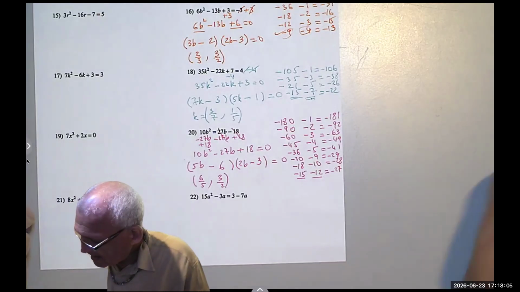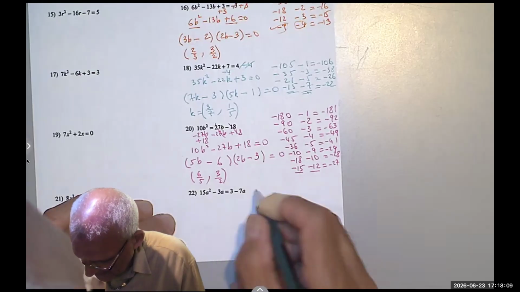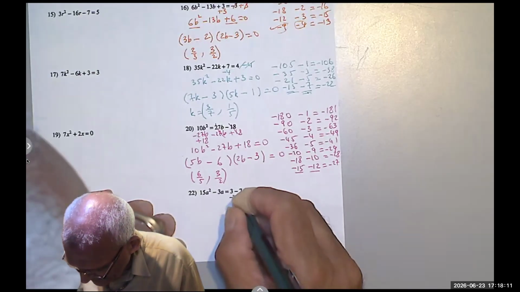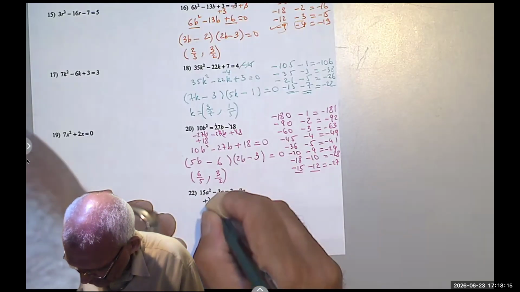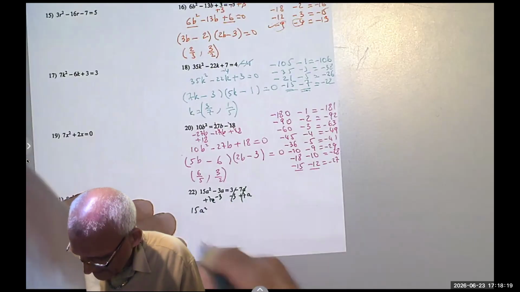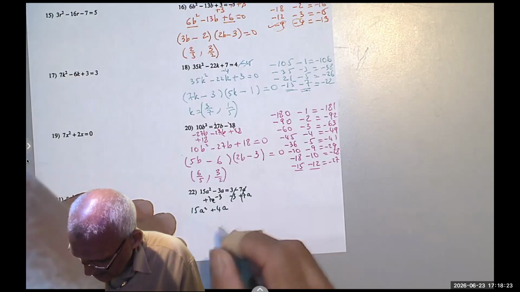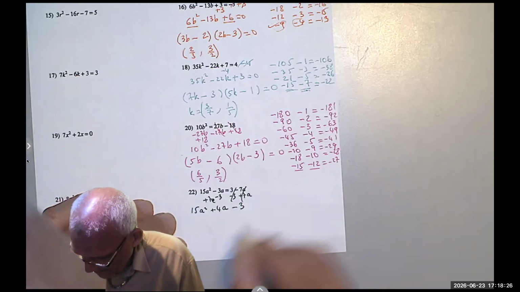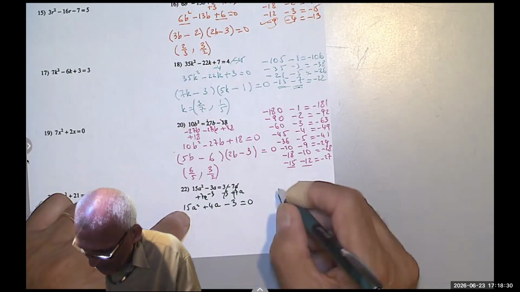Okay, last one. I have a 3 and a negative 7, so I'm going to subtract 3 and add 7a to both sides. So this is 15a squared. 7a minus 3a is positive 4a, and negative 3 equals 0. These multiply to negative 45,